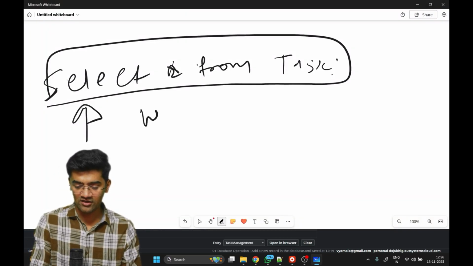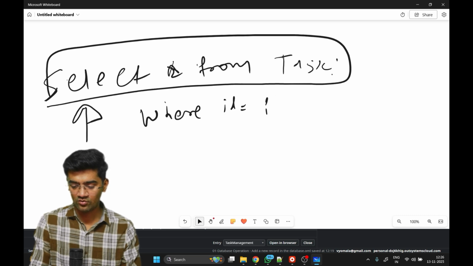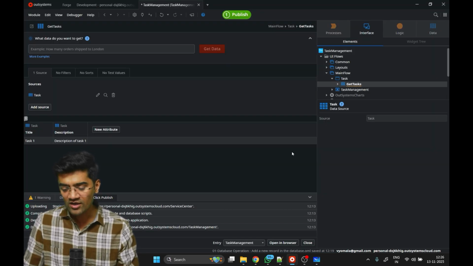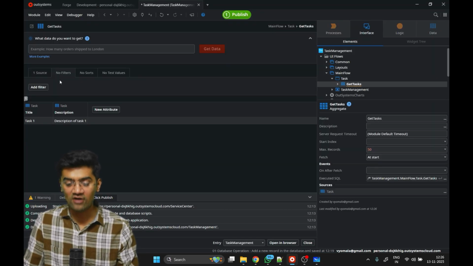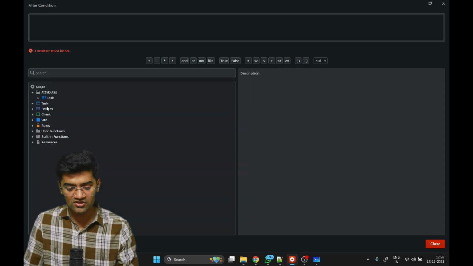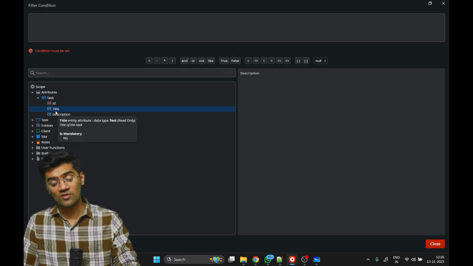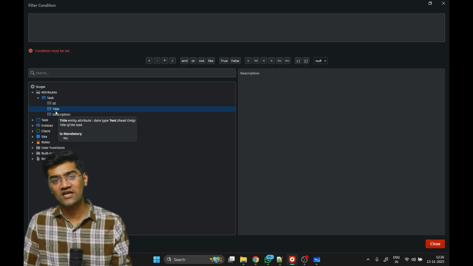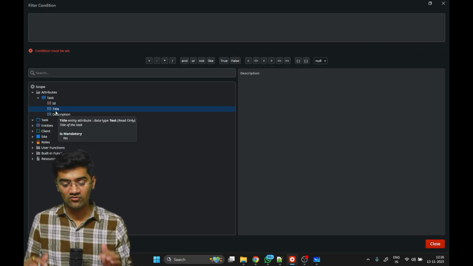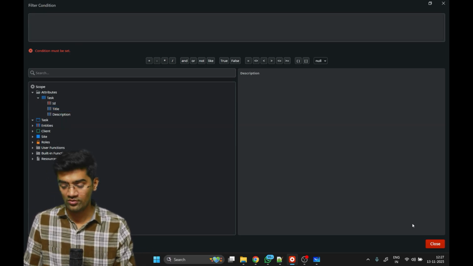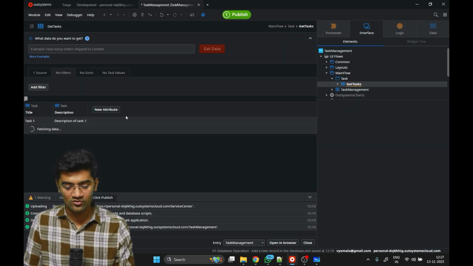Now what are the other things in the table? After that we add a where condition, where ID is equal to question mark or is active or whatever. If we have to add a where condition in OutSystems, we can add a filter. Whatever condition we need to add, under the scope we have all the attributes of task we can add. Suppose we have one more attribute which is active. So we can say fetch only those tasks which are active, where is active is equal to true. Currently we don't have that,